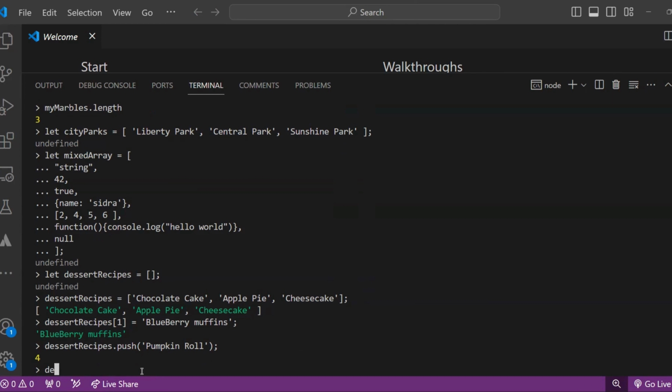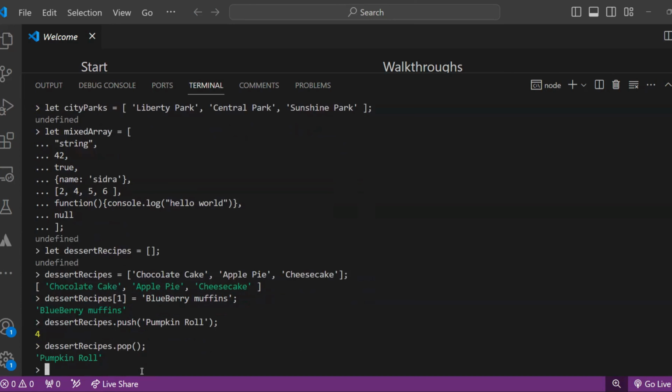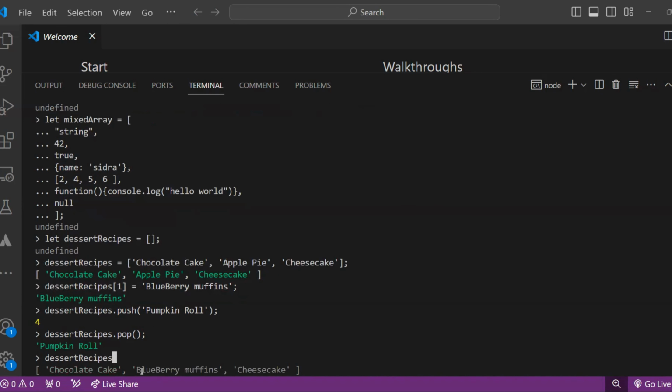And if we want to remove the last item, pumpkin roll. And now say we want to add lemon tart without counting the recipes, we will use the array length to find the next open spot. Something like dessertRecipes and then dessertRecipes.length, and we are going to use